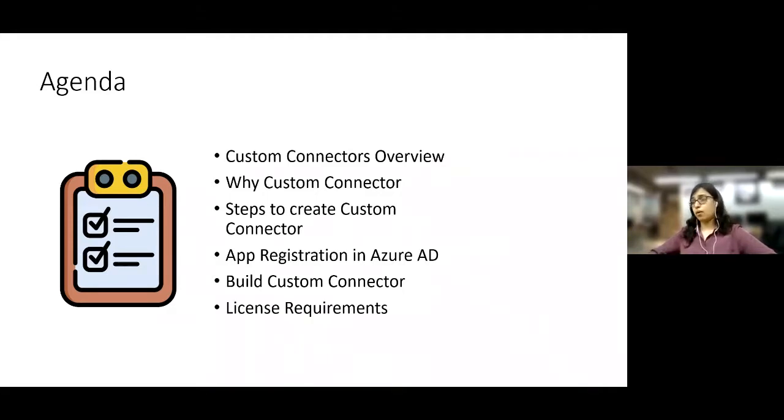And what are the licensing requirements for creating custom connectors? When you're working with Power Automate and Power Apps, licensing is something you need to understand before you start building out something, so that you don't end up using something that is not included in your license. Sometimes trial gets enabled by default, and then in the start you can use things which are not included in your actual license, and then it will expire within a month or two, and then you are stuck. So we'll understand what the license requirements of using the custom connectors are.